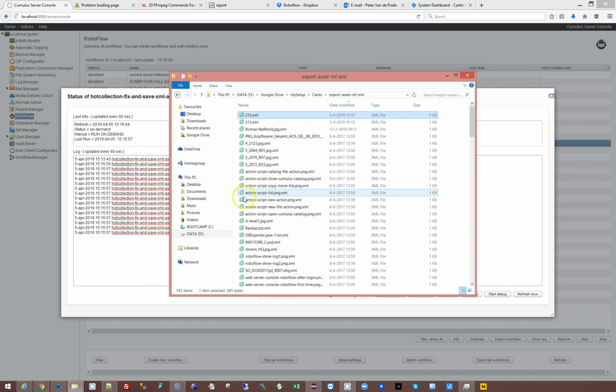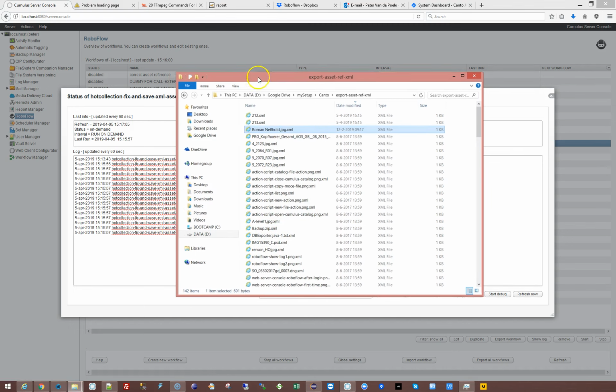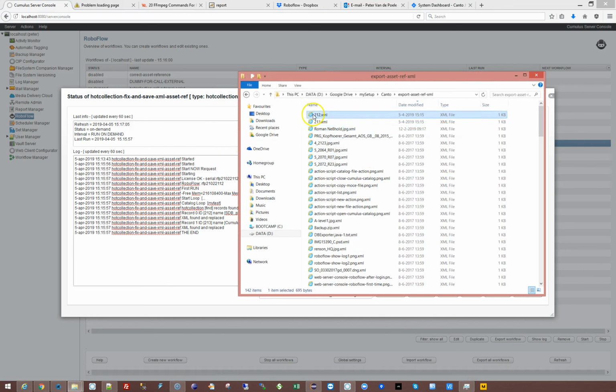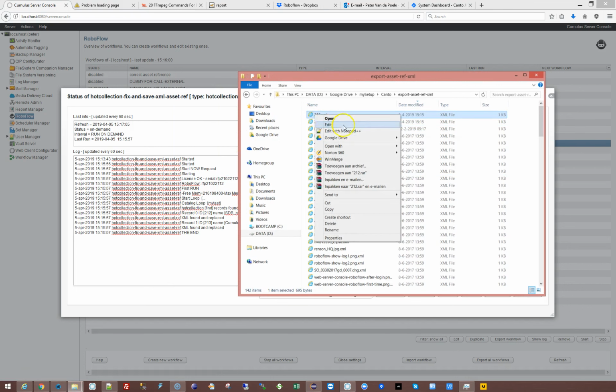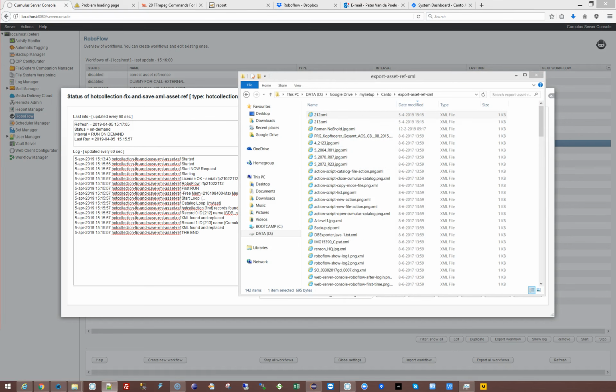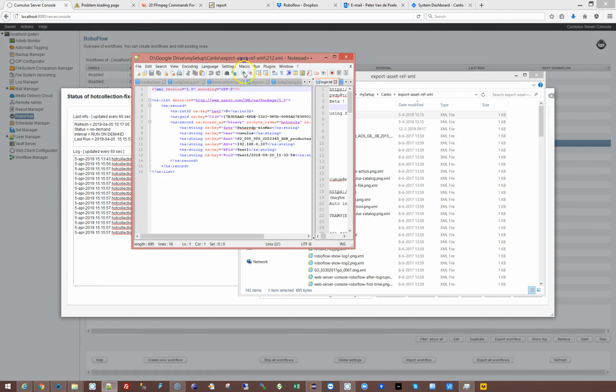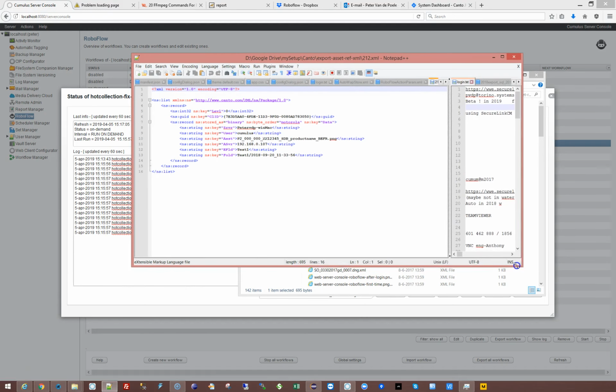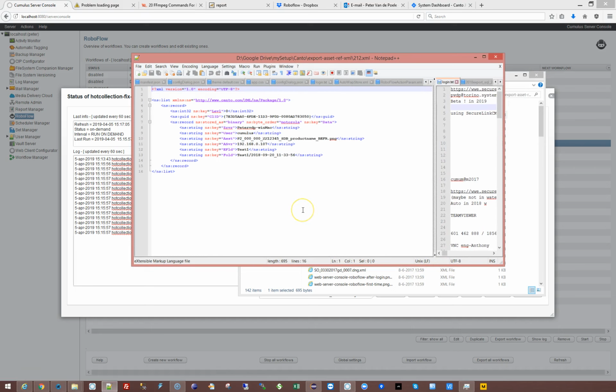In a previous test, this workflow was used to fix special characters in a name, but this workflow has been slightly modified to be able to get to the folder path. And so if we have a look at the asset reference, this is what the asset reference looks like. And so what is very important is that